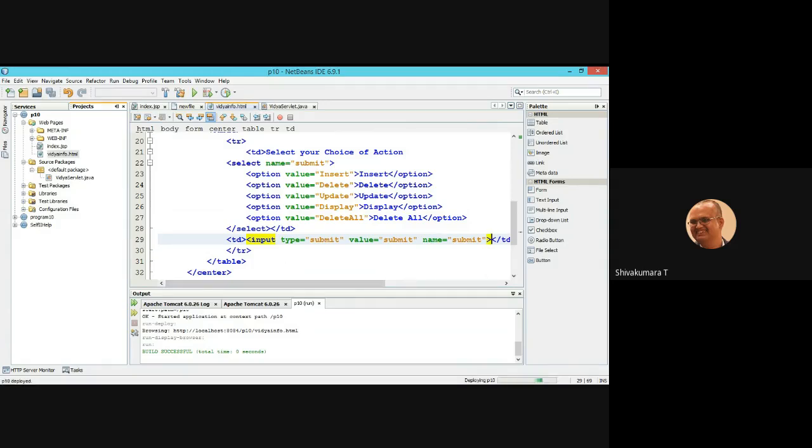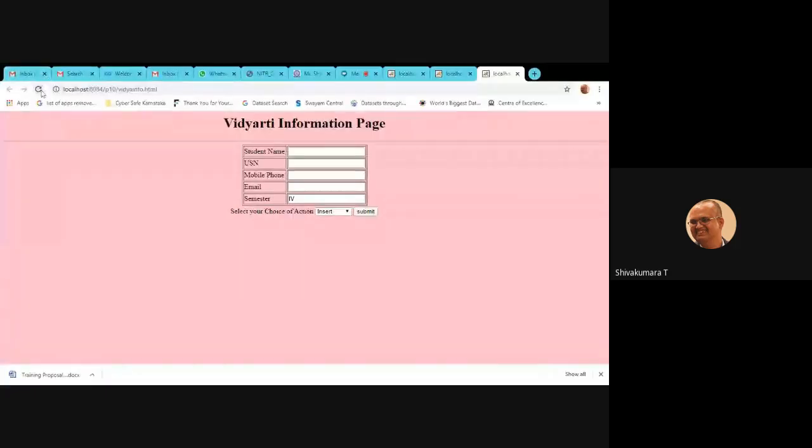So now rerun the code, come back to the output window. Now try to display the content which exists.